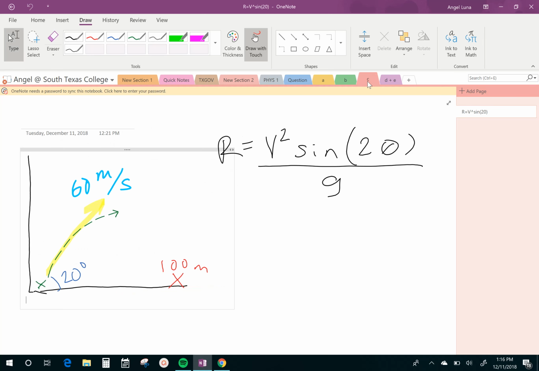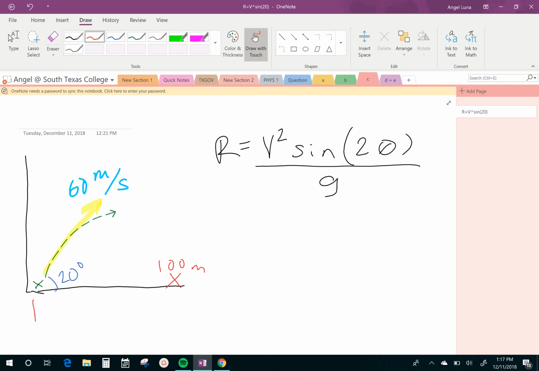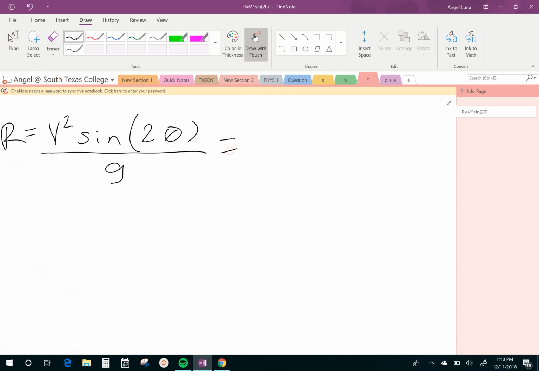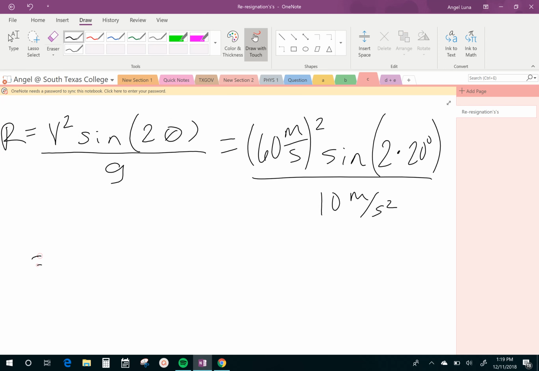Alright, now let's move on to part C. Part C is looking for the horizontal distance or range that the ball traveled from its origin to where it will land. And the given formula for range is v squared times sine of 2 theta over g. And range is just the distance that the ball will travel horizontally. Alright, so again, we're going to plug in our variables. Now let's move some of these units around. The second squared is going to move over here. And we're going to have R equal to 3600 meters squared per second squared